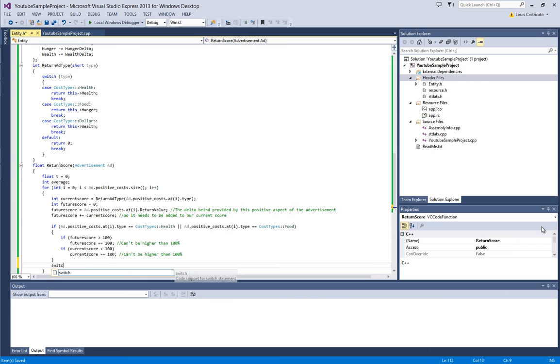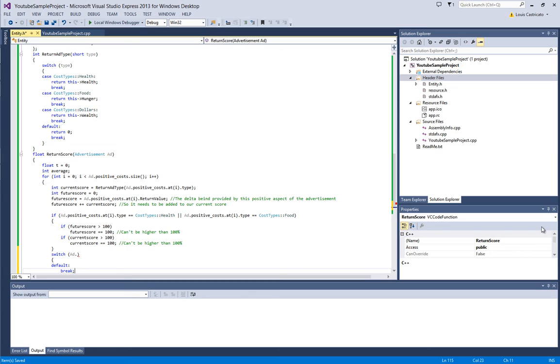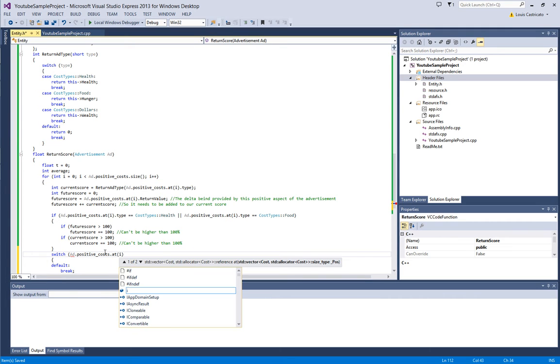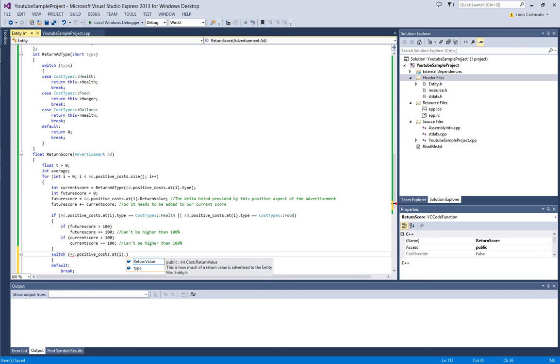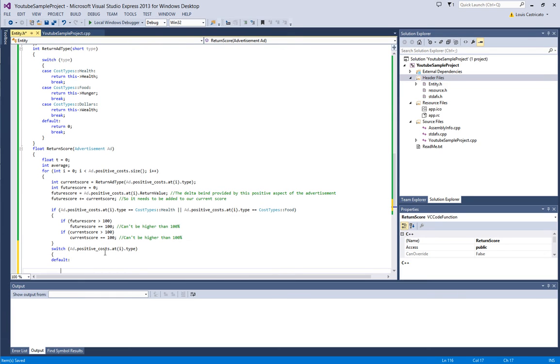So switch. Oh, and then when you get to multiple entities, if you don't have this, they'll all die. But when you're with one entity, it's fine. Effects at I dot type. So switching on type,